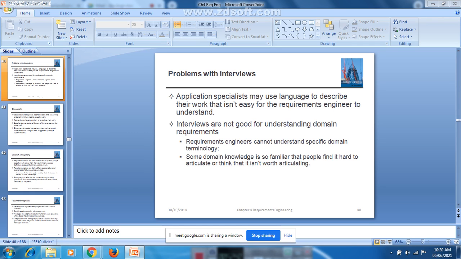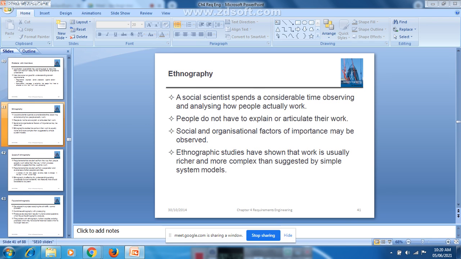And he might have some domain knowledge, but he will think that it is hard to articulate, or not worth articulating with respect to that system development. These are some problems you are going to face with respect to the interviews. Okay. The next one more thing is there with respect to the